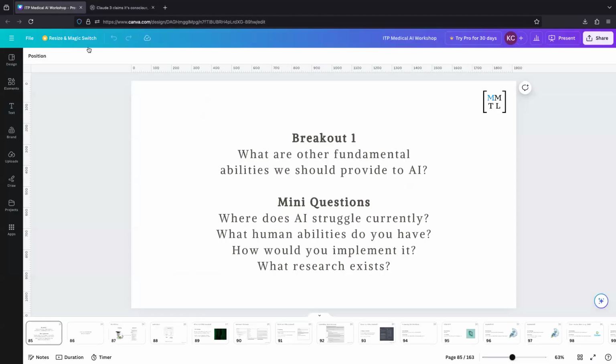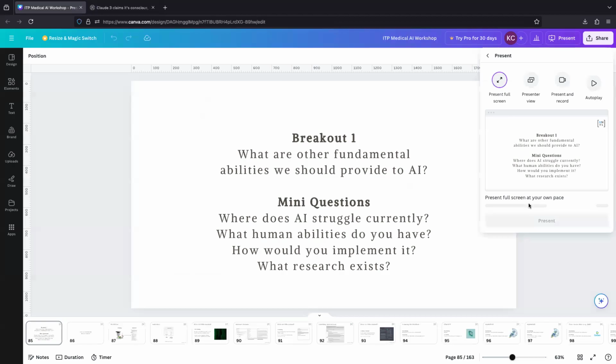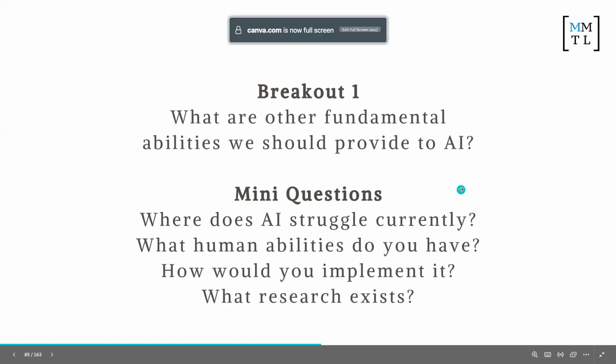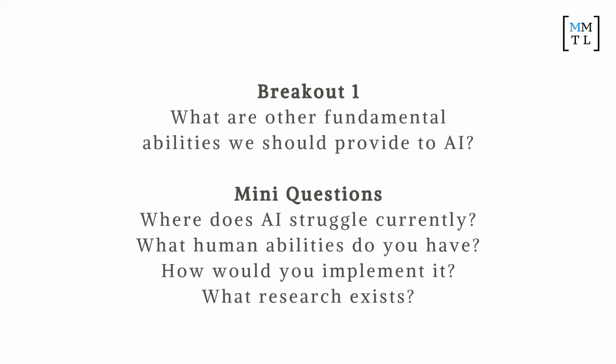Before we start a war in here and I get in trouble. All right, so any interesting realizations from this? I was sitting with this table here and I had some interesting thoughts. Maria, would you like to share with us some of the thoughts that you're thinking? What other fundamental abilities should we provide to AI?